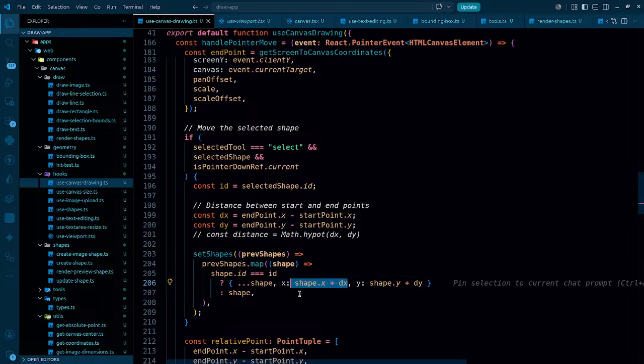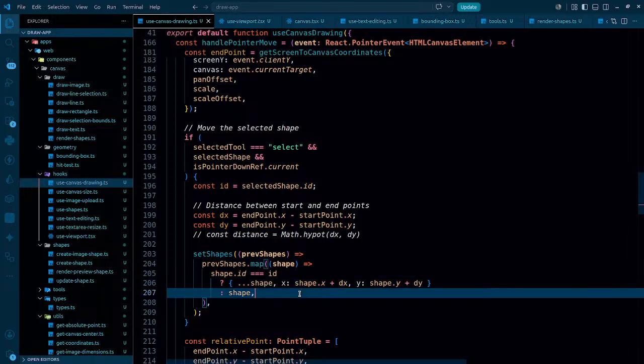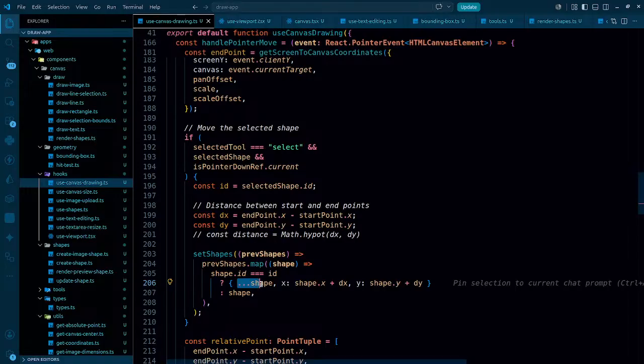That I don't want. So in that case, what we have to do here is, instead of getting the shape from here,